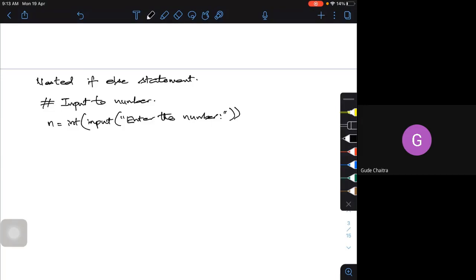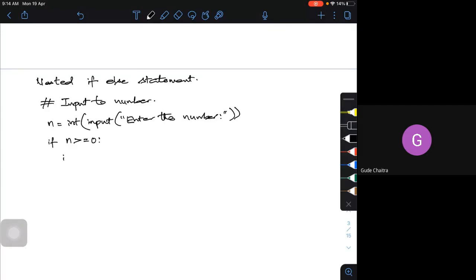Now I'll put the nested if conditions one inside the other. I'm just checking the same thing: 0, positive and negative. First condition: if n is greater than or equal to 0, end with a colon.